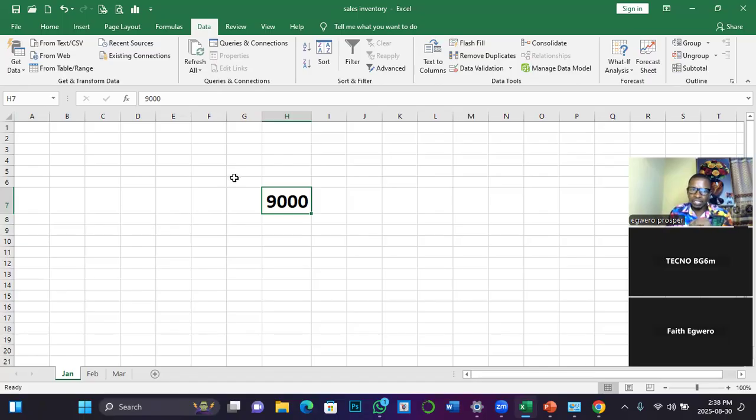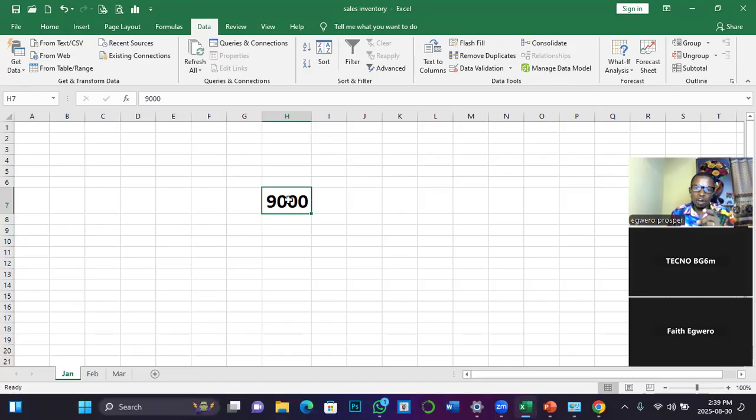What do I mean by active cell? All these boxes you are seeing are data storage within the spreadsheets. Currently, we are storing 9,000 in this cell. Each of these cells should be seen as variables, because in programming, the word variable means containers that store information. So if you are asked, the units or boxes that store data are called cells.